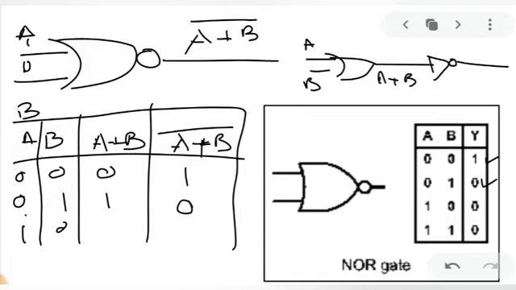Now what happened in this case? 1 plus 0 is 1 again. If it is 1, then automatically the output will be 0. Again now here 1 and 1. Now 1 plus 1 is again 1, and the inverse of 1 is again 0. So see, check out: the last three outputs are 0 and the first one is 1. So this is how we are finding out the output of the NOR gate.